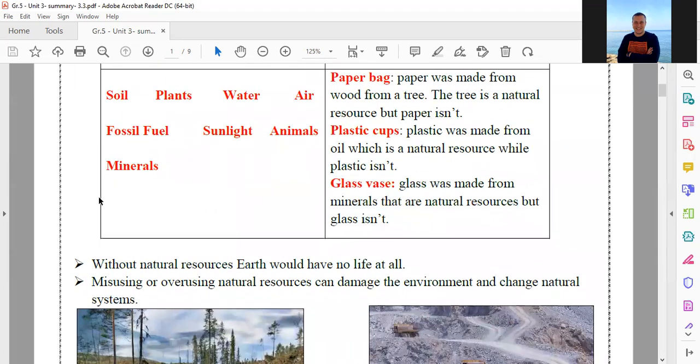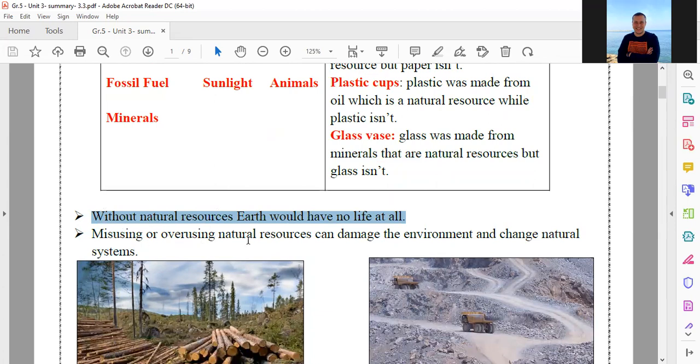Okay. Without natural resources, Earth would have no life at all, because the natural resources help sustain life. Misusing or overusing natural resources: misusing means using something in a bad way, and overusing means using something more than usual. So again, misusing or overusing natural resources can damage the environment, and they change the